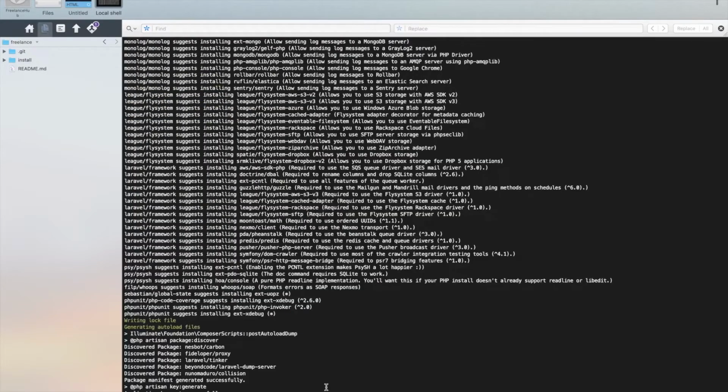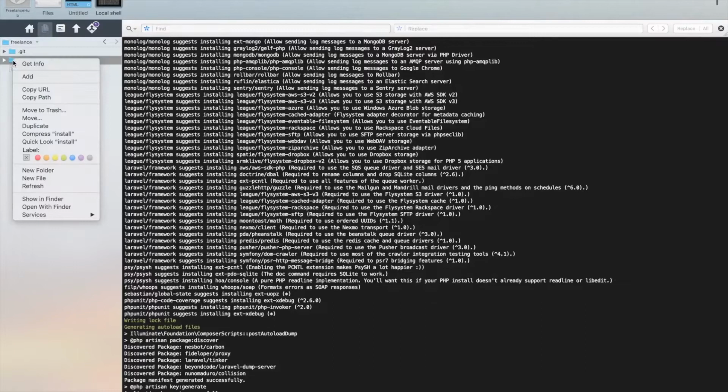Okay, so our application has finished installing. You can see it's complete here, application key set successfully. If we have a look in our little file browser here, you'll see we've got an install directory and it's full of our new Laravel installation. Now, I don't necessarily want it in an install folder, so I'm just going to